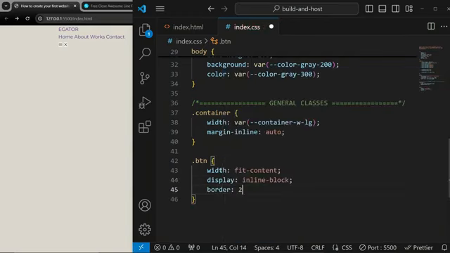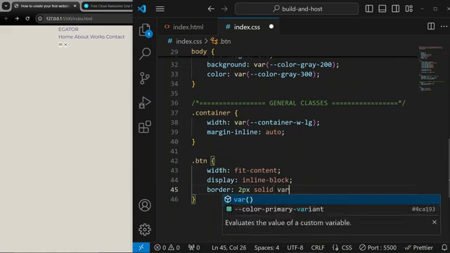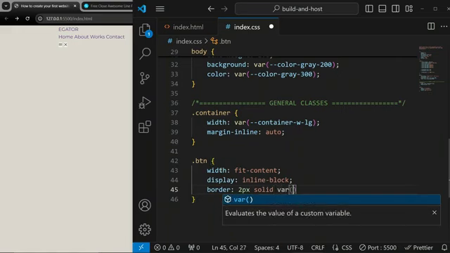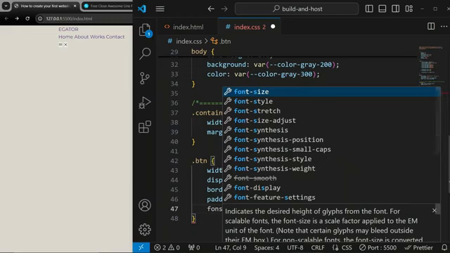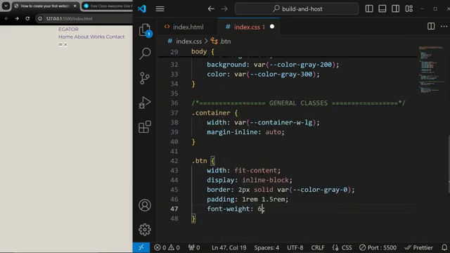We are going to give it a border of 2 pixels solid and a border color of color gray 0. That's FFF, or the white color. We are going to give it a padding of 1 rem for the top and bottom and 1.5 rem for the left and right. Let's give it a font weight of 600,